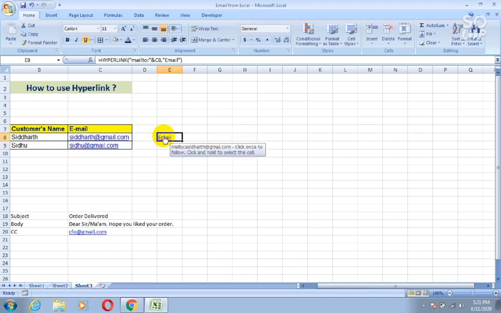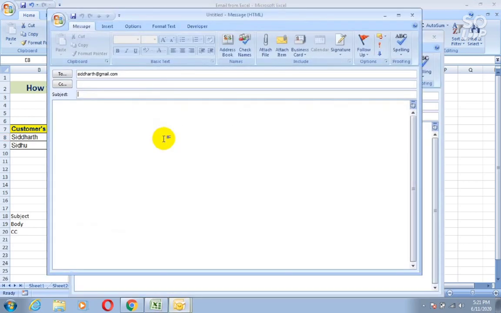Now press enter. Now when you click on email, you can see that your customer's email address is typed automatically. Now simply close this window.